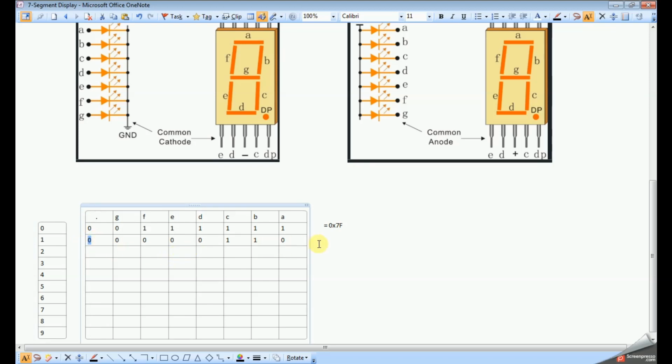And the hexadecimal code for this is 0x06, this is for 1.